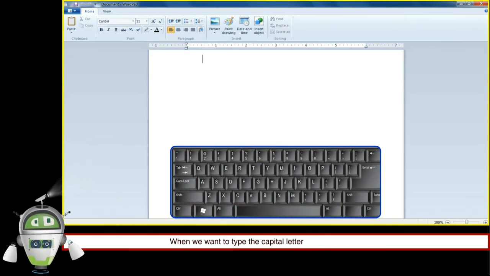When we want to type a capital letter of any English alphabet, we have to press the shift key along with that key. For example,